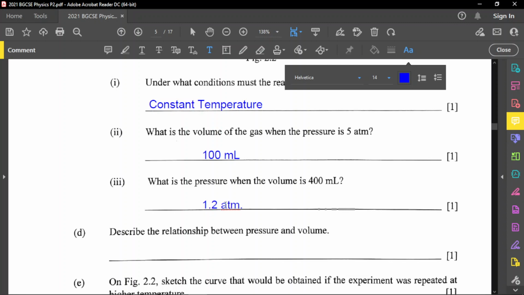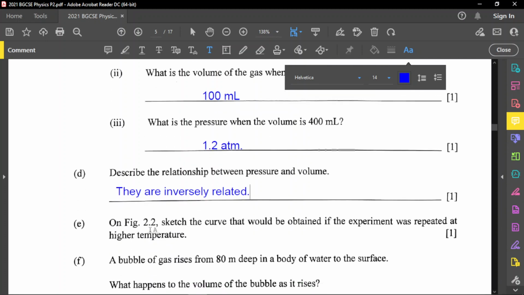All right. So describe the relationship between pressure and volume. As we said earlier, pressure and volume are inversely related, and this is based upon Boyle's law. So they are inversely related. All right, so part E now